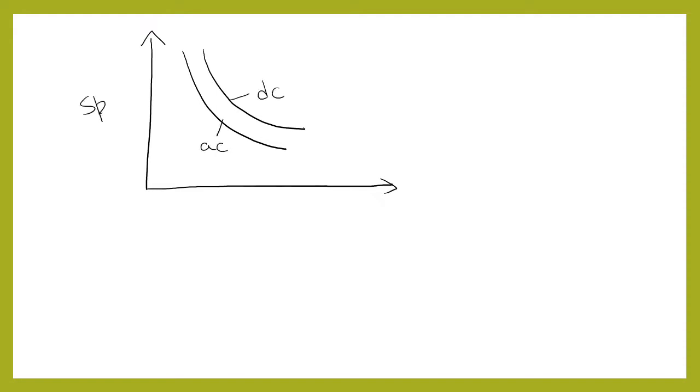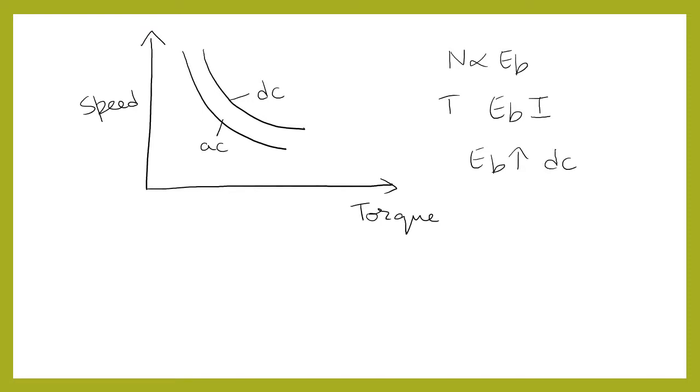The speed versus torque curve is plotted for DC operation as well as AC operation. Since EB value is greater in DC operation and since N is proportional to EB, and torque depends upon the product of EB and I, for the same torque, speed for the DC operation is higher than that of the